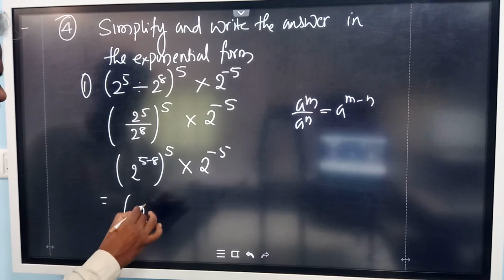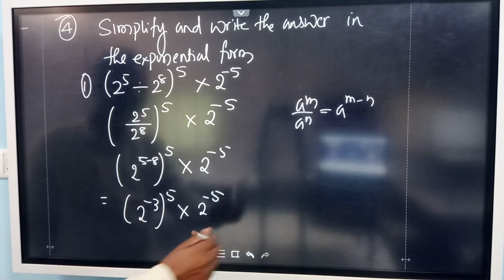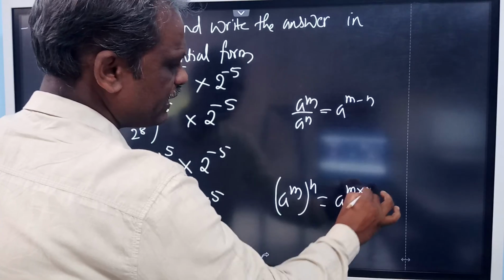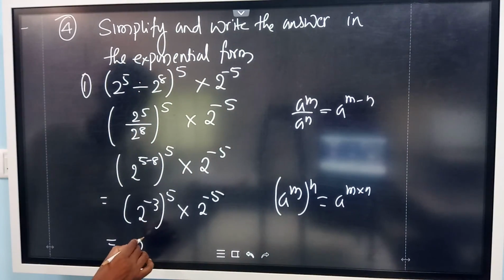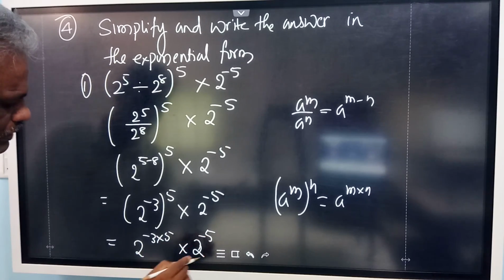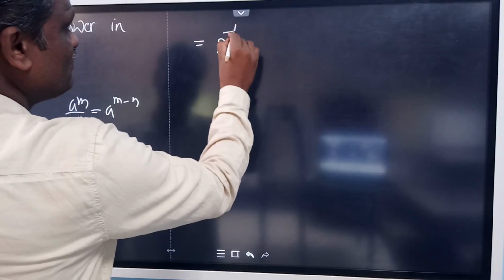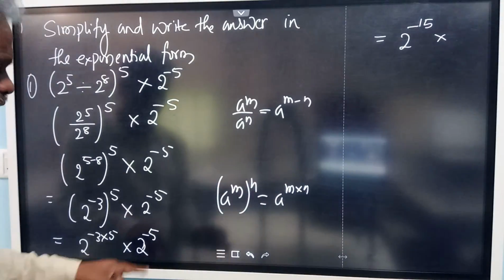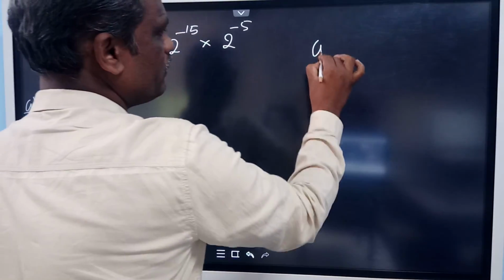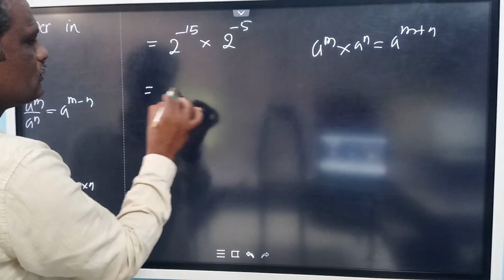So now this is 2 to the power minus 3 all to the power 5 into 2 to the power minus 5. Again we have one more law, a to the power m all to the power n is equal to a to the power m into n. You can apply here. So 2 to the power minus 3 into 5, into 2 to the power minus 5. Now this will become 2 to the power minus 15 into 2 to the power minus 5. Again we can apply one more law: a to the power m into a to the power n is equal to a to the power m plus n. Add the powers. So 2 to the power minus